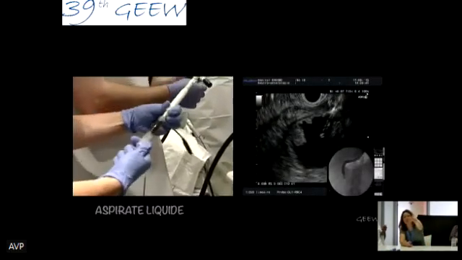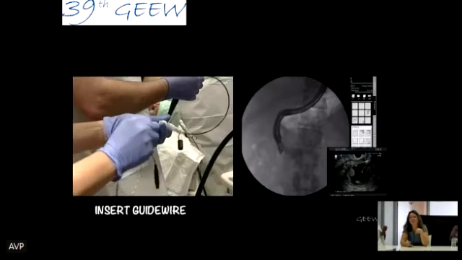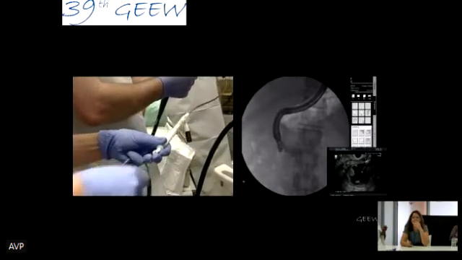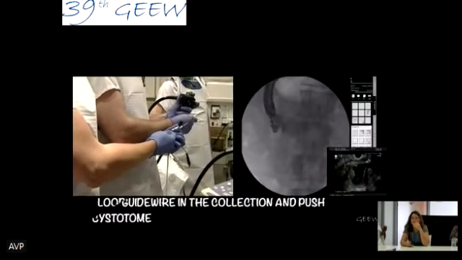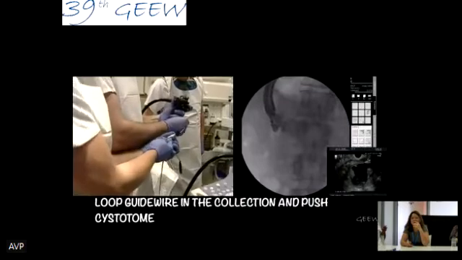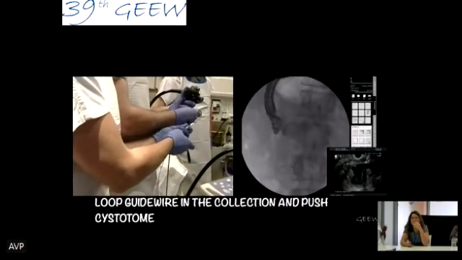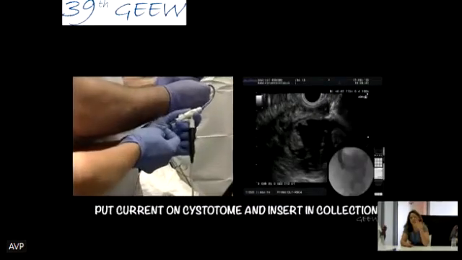We'll aspirate the liquid. The operator will push first the pedal for the current and then push in the needle. Here we put the guide wire inside and we will loop it. And now we will leave the cystotome in place, and the guide wire, of course, and extract